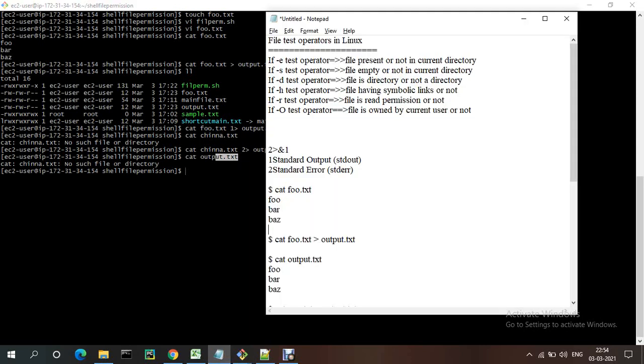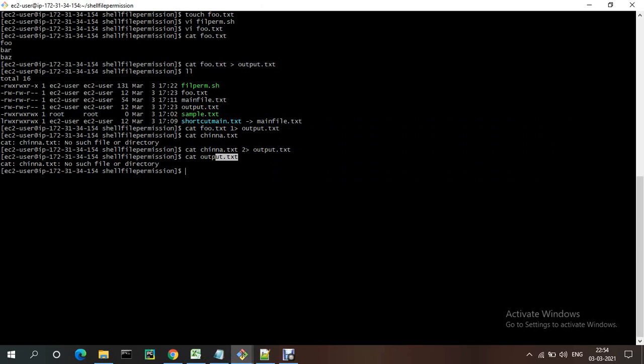Now we need to combine both. That time we need to give cat, .txt greater than output, 2 greater than and 1.